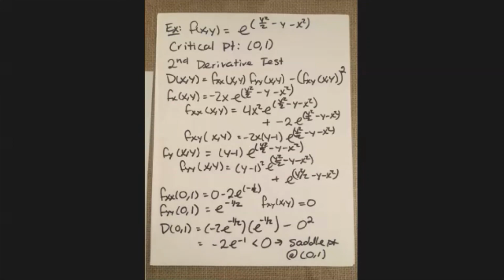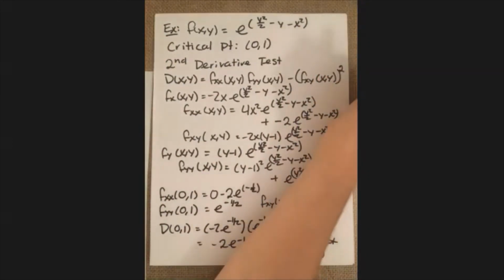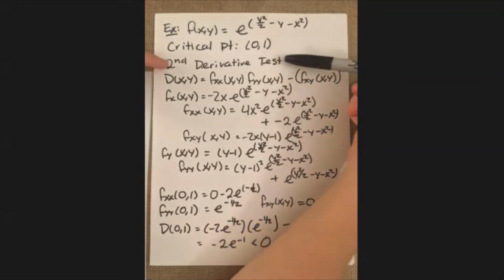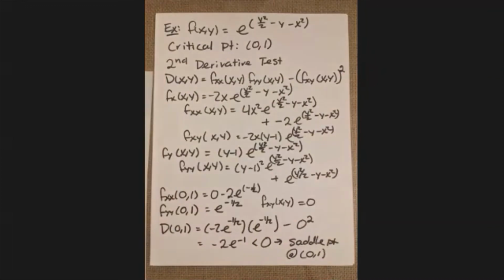The big idea here is that you first have to go through and find your critical points, like we did in the previous video, and then you just apply the second derivative test using this big thing right here, computing all of your different second derivatives. But then after that, it's all just plug and chug. So it's really not too terrible at all,